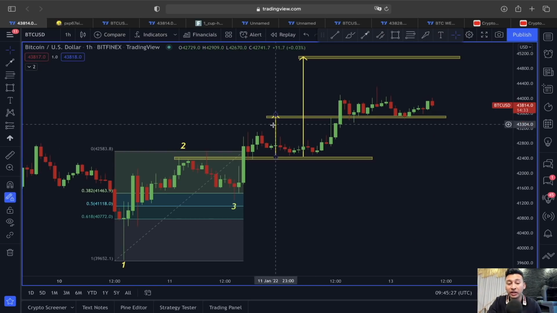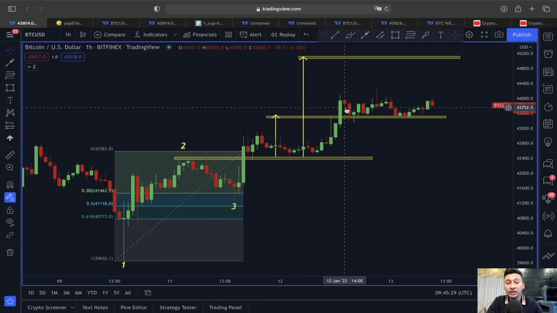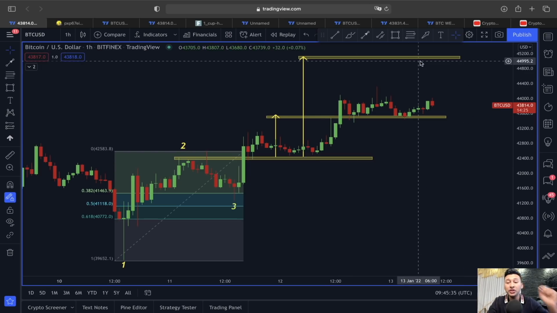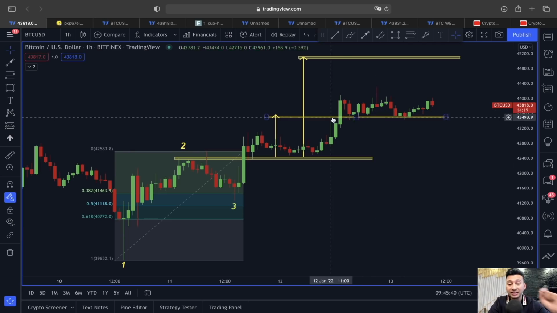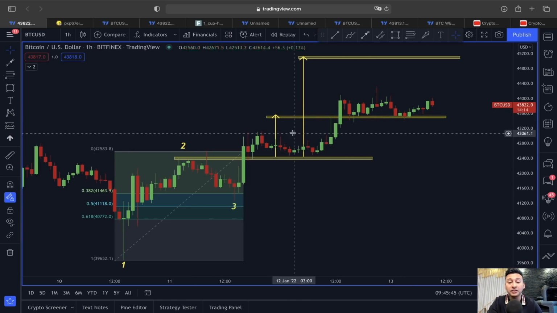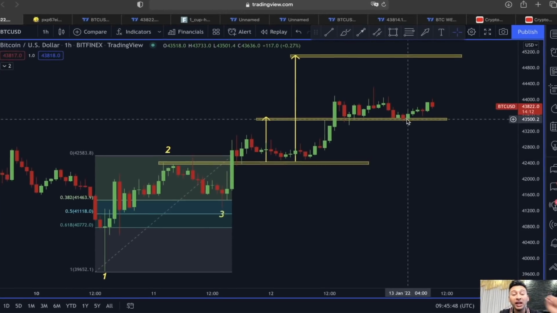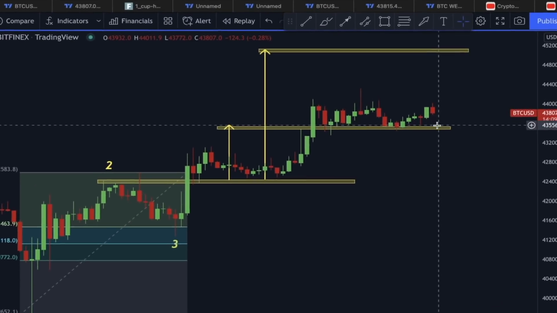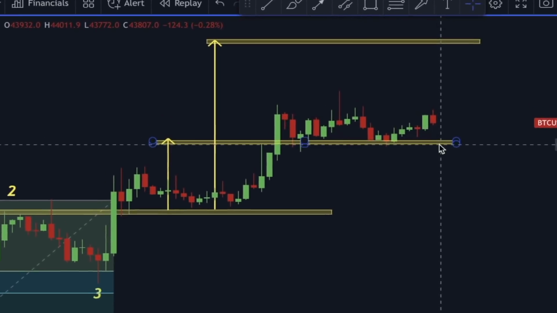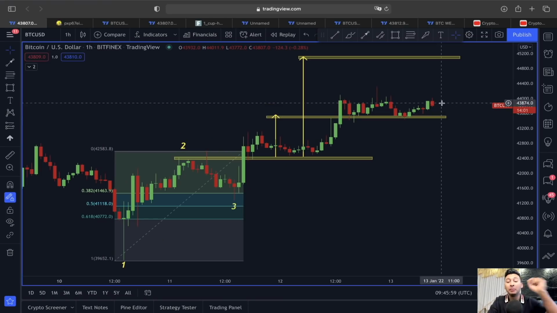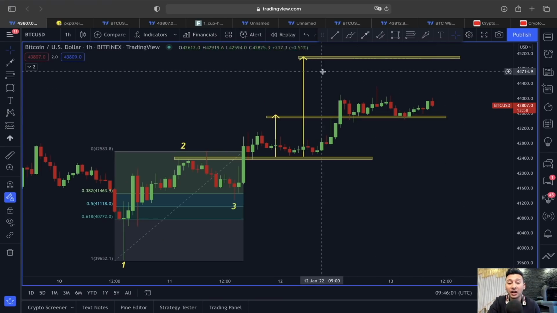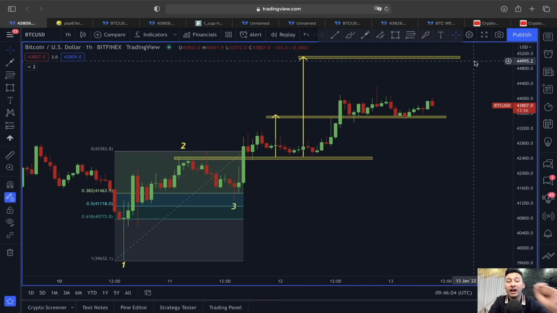And in our case, you can see the first target around this 43,400 has already been triggered, and now the second price target is still open, which is lying around this 45,000 price area, because we know the same line which was the first price target from this 1, 2, 3 reversal is also going to act as a support in case we see any sort of a retracement. So in the immediate short term, around this 43,400, 43,500, there is a support lying around for Bitcoin. But here in the immediate short term, our price target is going to be around this 45,000 price